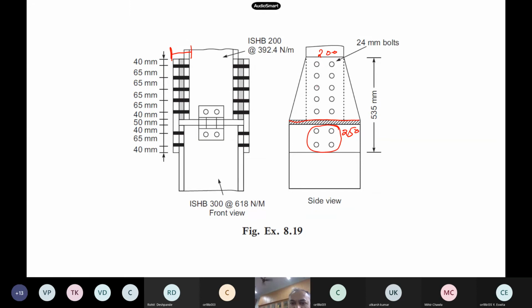Okay, so we provide 1, 2, 3, 4, 5 in 2 rows, say. So these are the 10 bolts which we provide here. And now the same, if you see from the front view, it looks like this actually. Okay, so these are our connections, and I hope all of you know how to calculate the gauge distance, pitch, gauge and other things. So this is how we do.